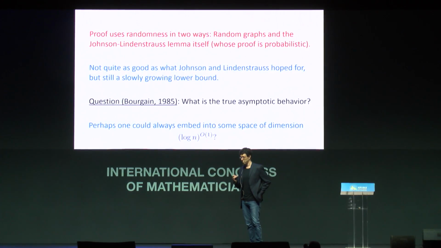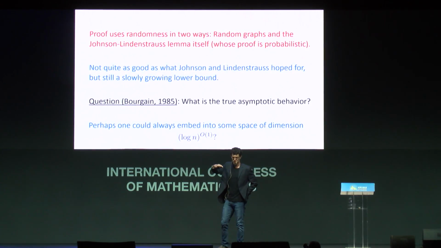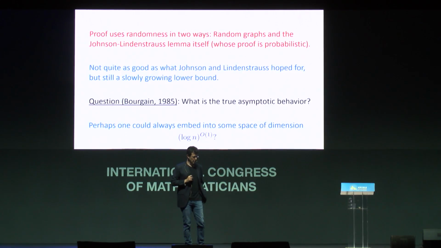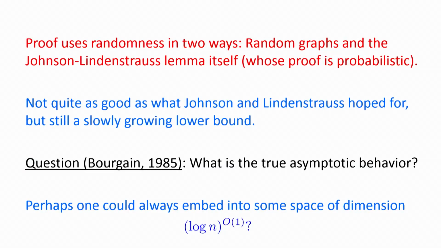In essence, it's showing that the fact that you can reduce dimension in a Hilbert space means that there must be some other metric space which doesn't embed into any low-dimensional space. Somehow he flips it on its head. Okay, this lower bound, log n squared over log n. It's not the log n that we were hoping for, but it's still great. If we could do this,